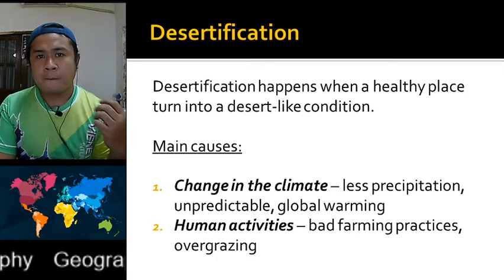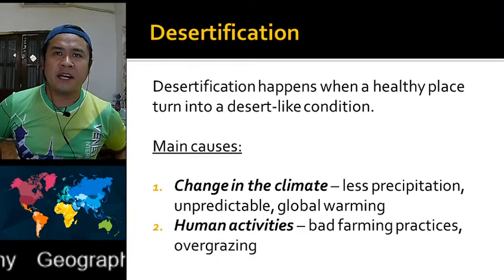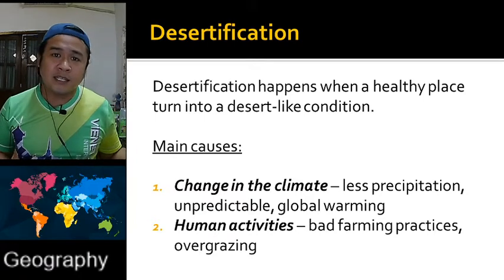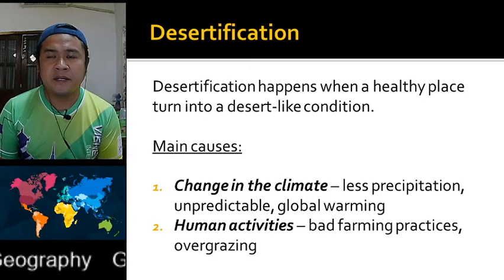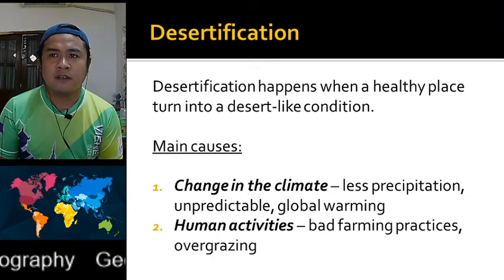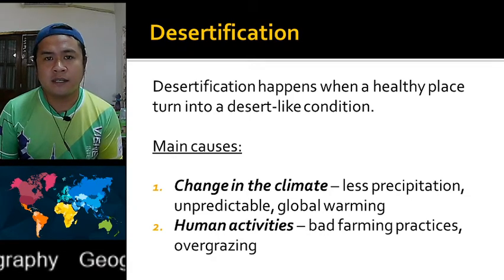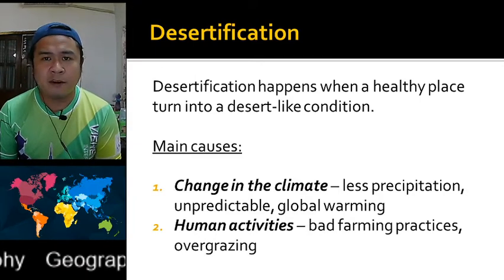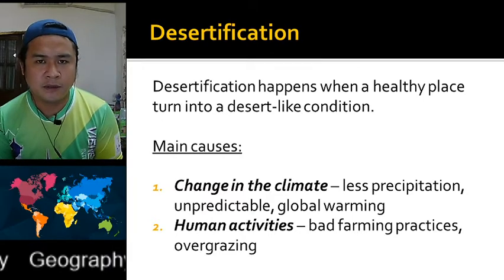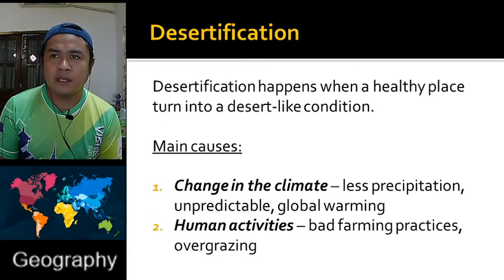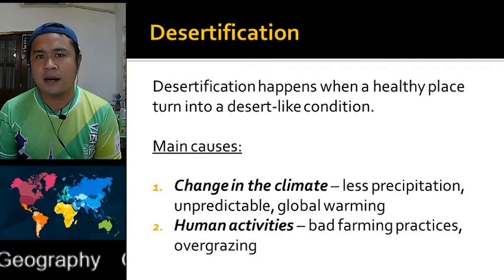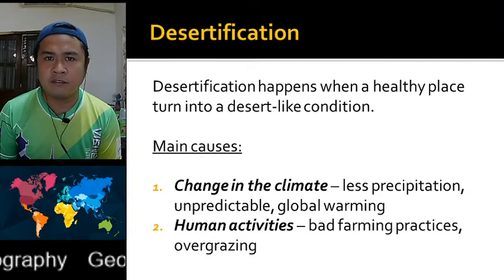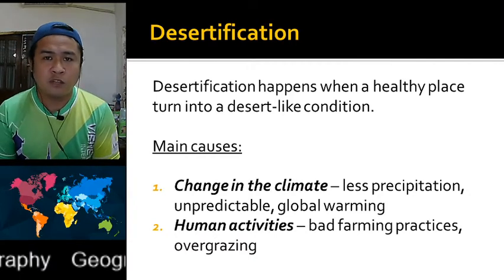Okay? What do I mean by that? There are changes in the climate that we have no control of because, again, climate is a natural thing. It is a set of weather conditions that are happening throughout the year. Some places you can have a very predictable climate, like here in Laos. During April and May, it's very hot, and then come June, it will start to rain, and then December, January, and February, it becomes very cold. That is what we mean by climate.